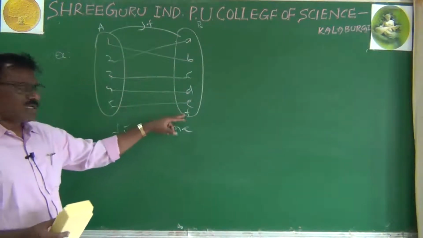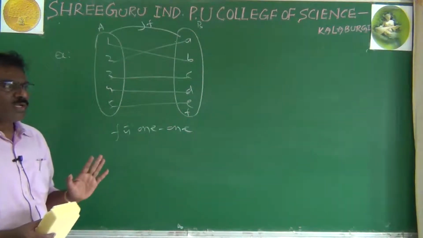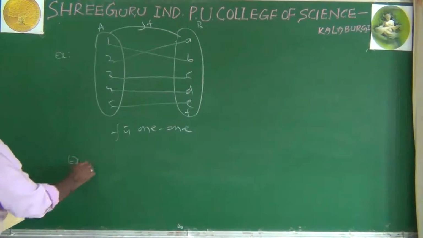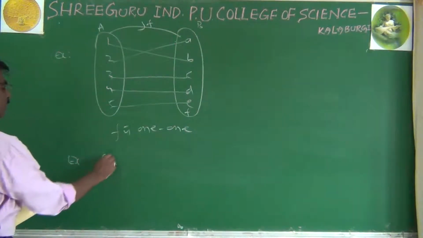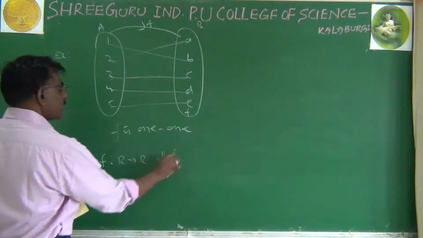No problem. Even if there is no image, that is okay. So this is called a 1-1 function. Example number 2: suppose f from R to R is defined by